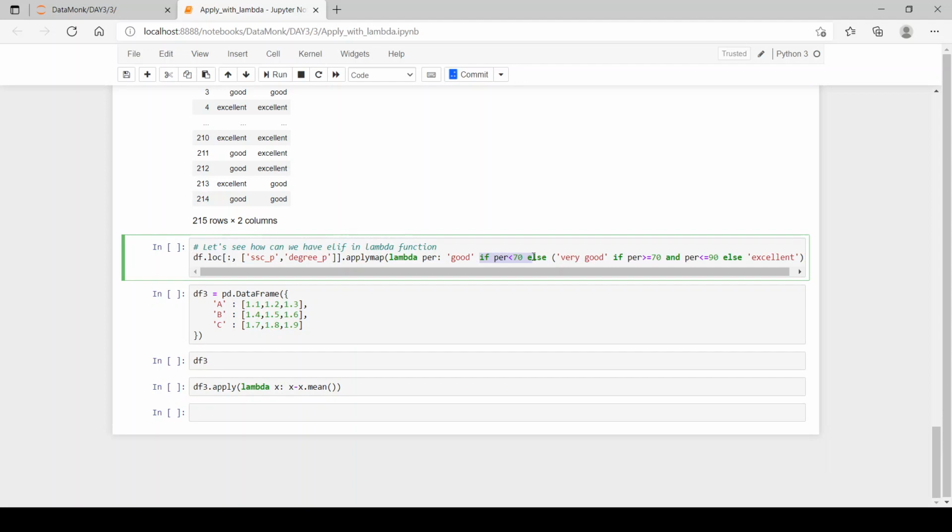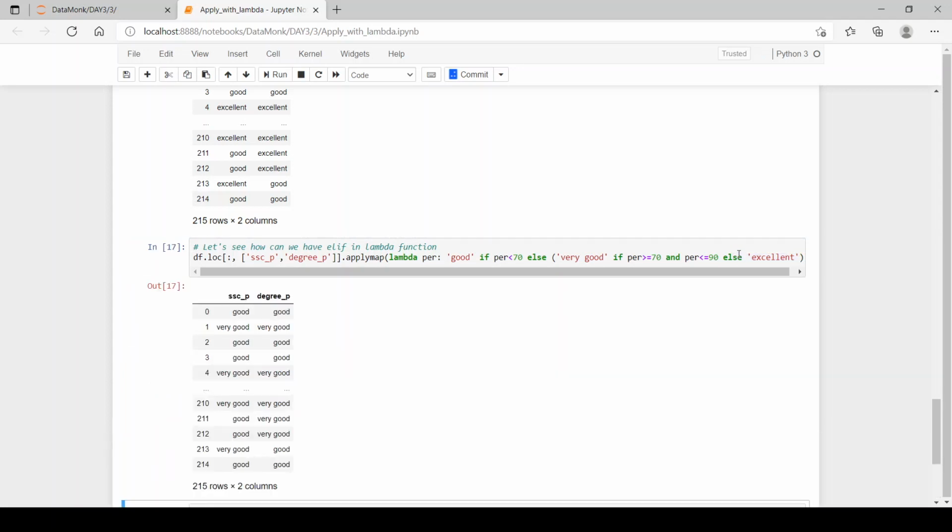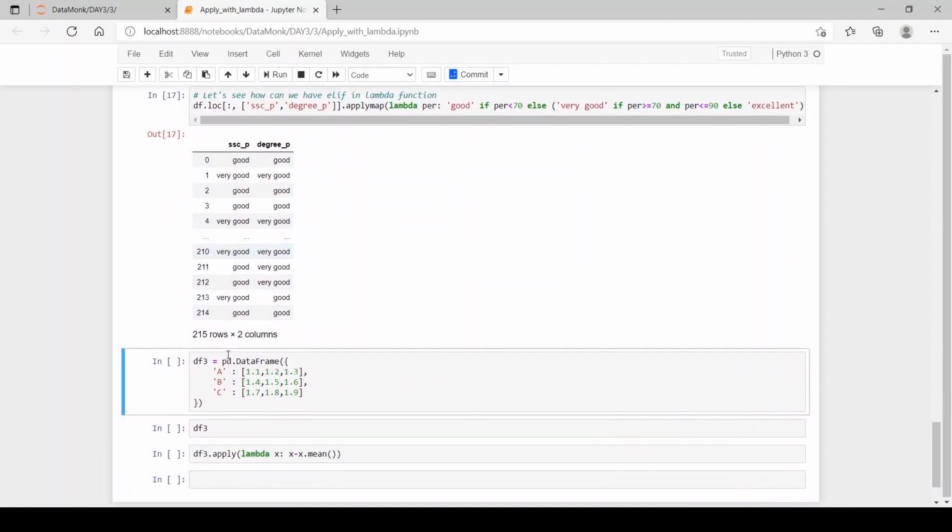So we have an if else over here, then we pass another if else in the else part. If the value is less than 70, we print good, if the value is greater than 70 and less than or equal to 90, we print very good, and else if it is greater than 90, we print excellent. So we have good, very good and excellent values in our data frame.